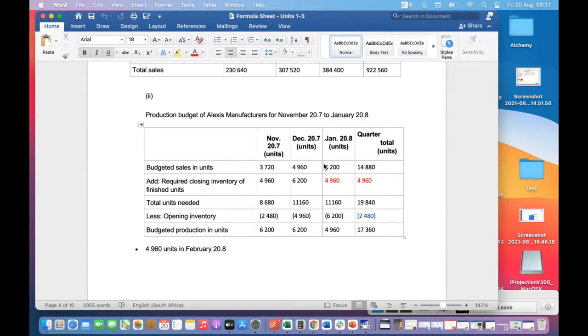So once you've done that, you say, okay, cool. We know this amount is already given to us in the question. Then we ask ourselves, this time, how much required closing inventory do I need for the month of December? Again, we look at the month of January to see how much we want to sell in January, and this number is what we copy and paste in here. Does that make any sense? Then we say, total required. So we add these two together and we get there.